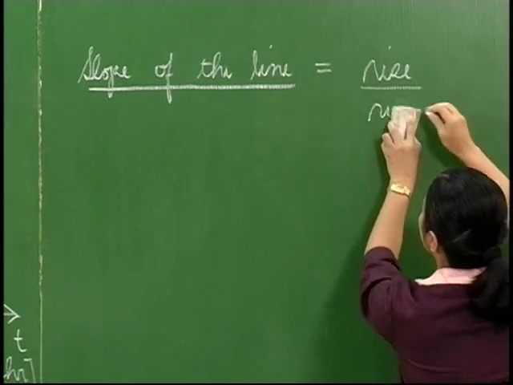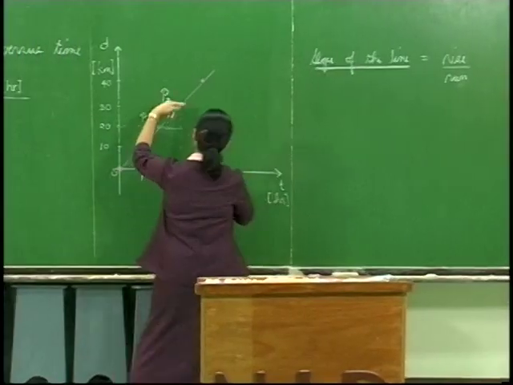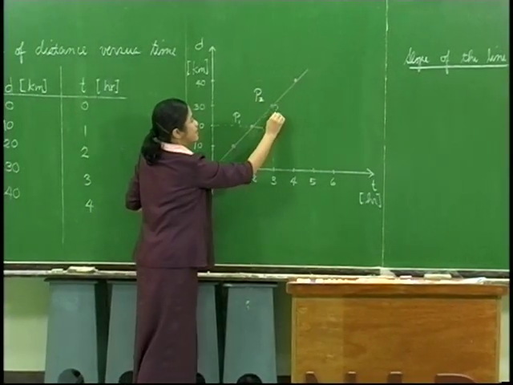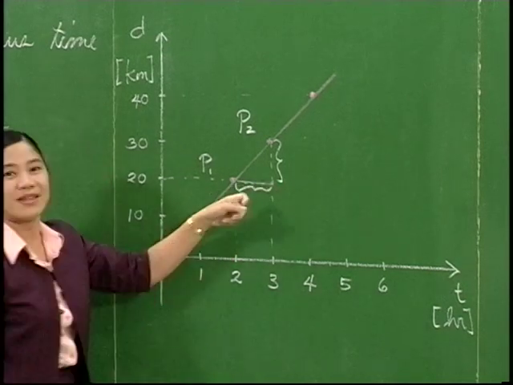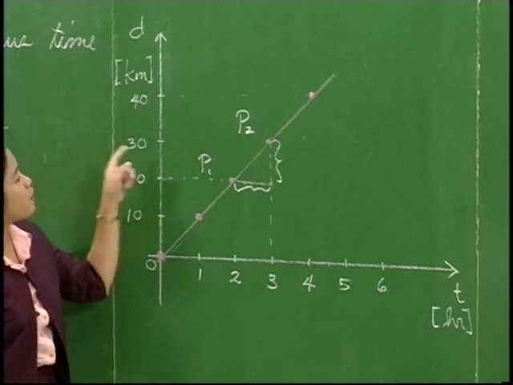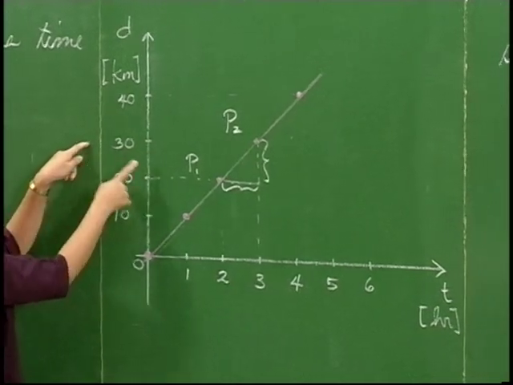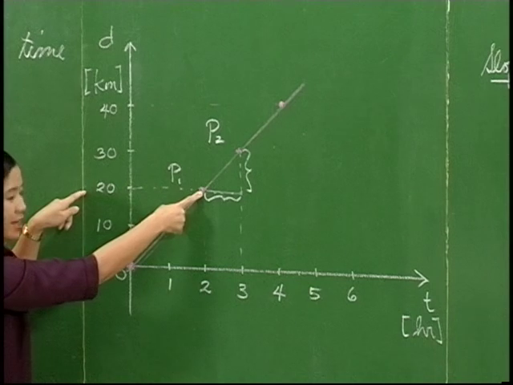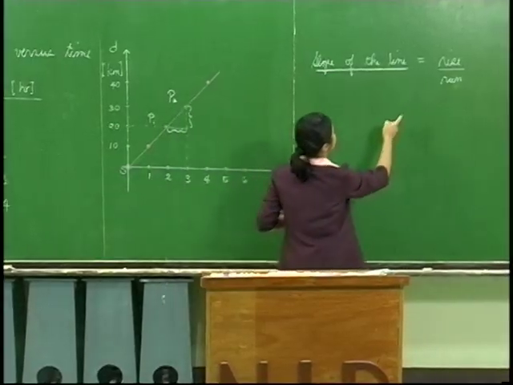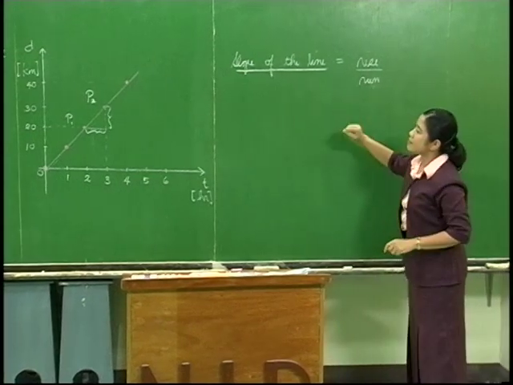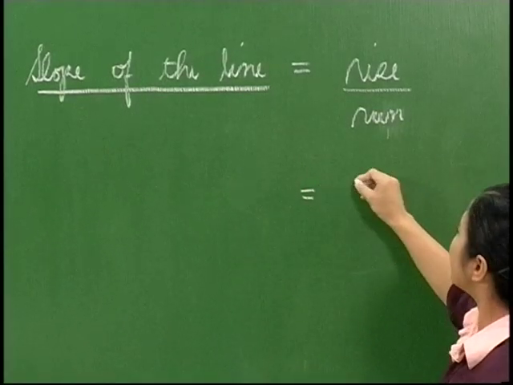That means the rise is this and the run would be this. And so if we assign for P2, the distance would be D2, and for P1, it would be D1, and so on, also for T, and so on, then this would simply be, let's look at the value there,